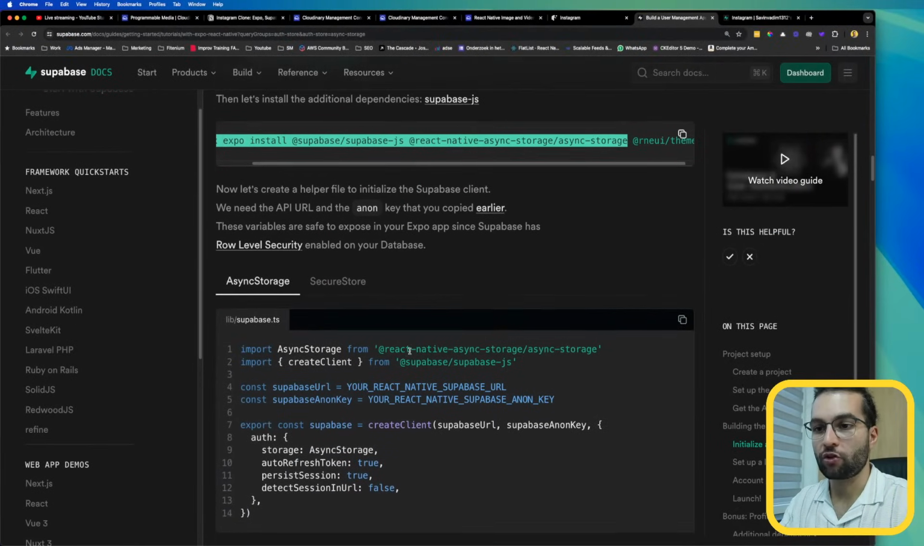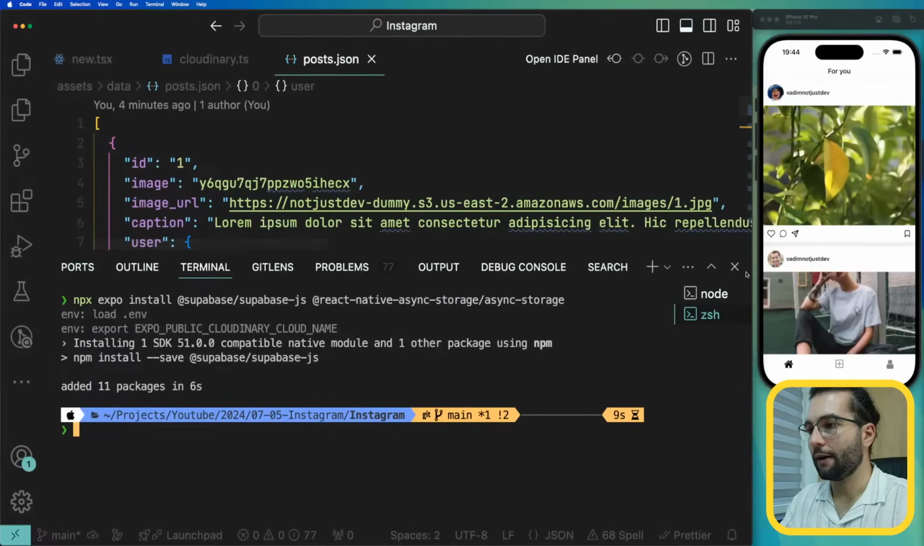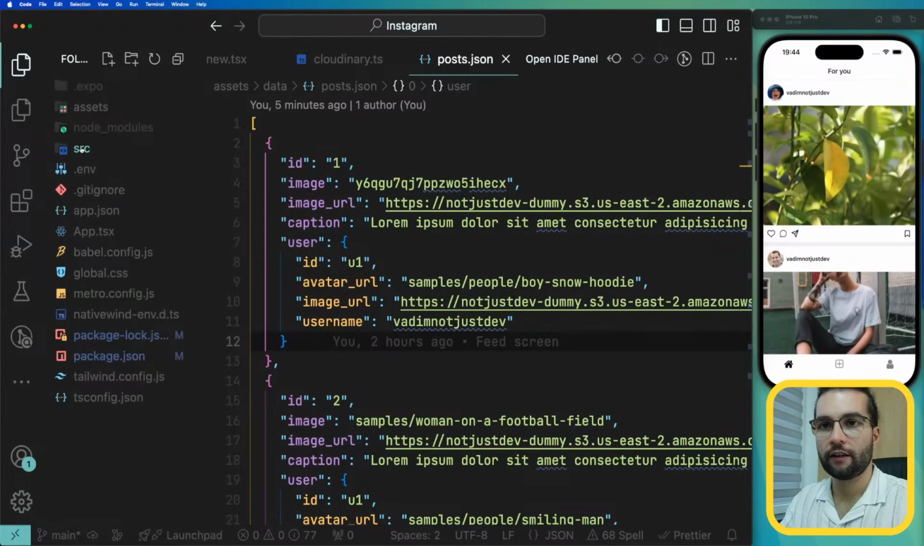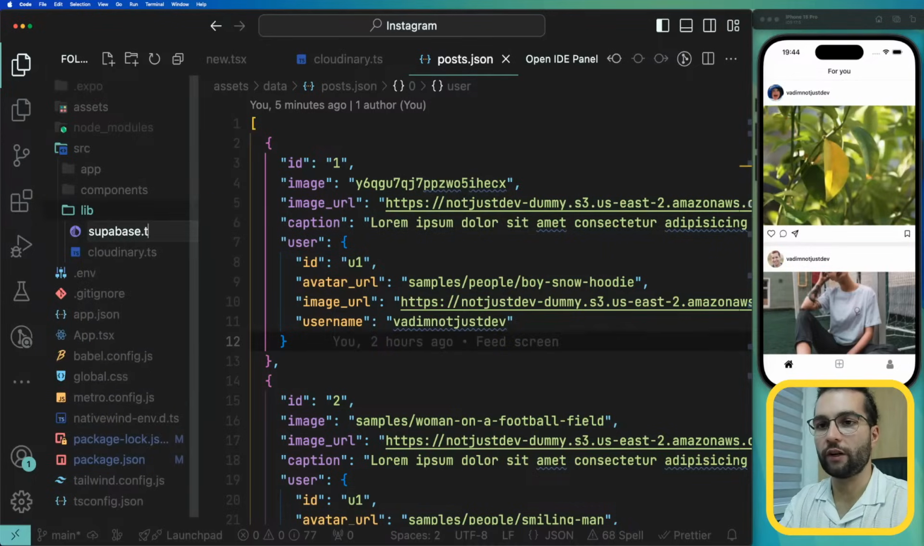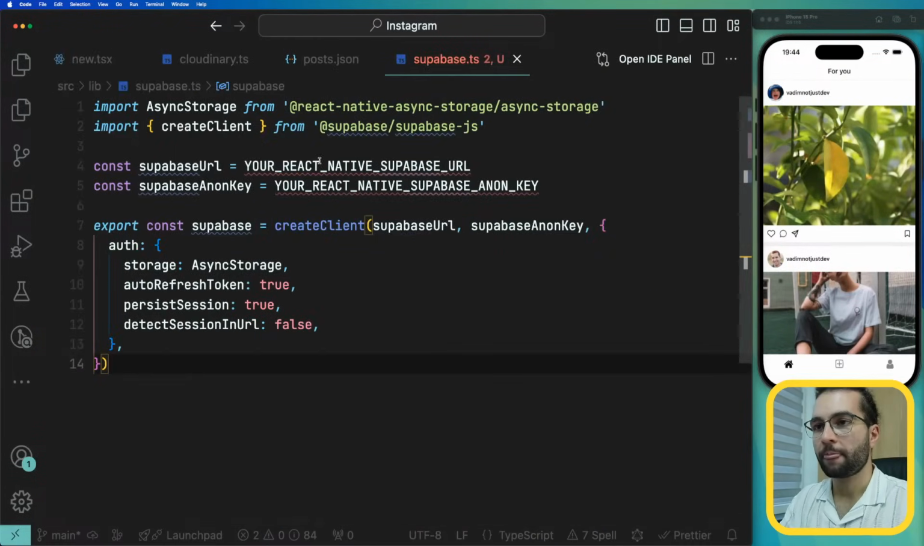The next step is going to be to create a Supabase client. So in the lib supabase.ts, let's create the client. I'm going to copy this code from here. I'm going to go to our source lib, create a new file Supabase where we are going to configure Supabase, paste this information, and instead of